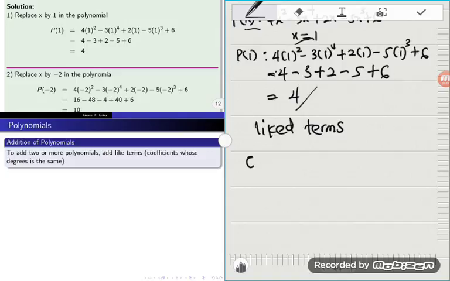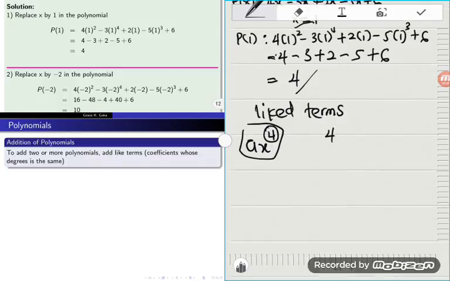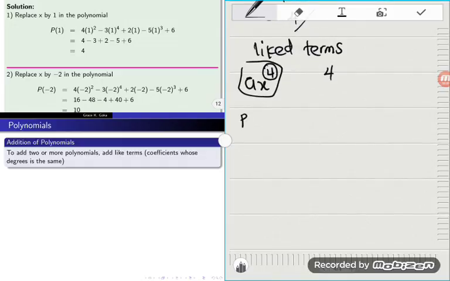And so if I have a term that looks like x to the power 4, I can only add it or subtract it from another term that has the same degree. The degree of this term is 4. And so to be able to add it or subtract it to another term, that term has to be of degree 4. So if I have two polynomials, p of x giving us 4x squared plus 8 minus 2x,